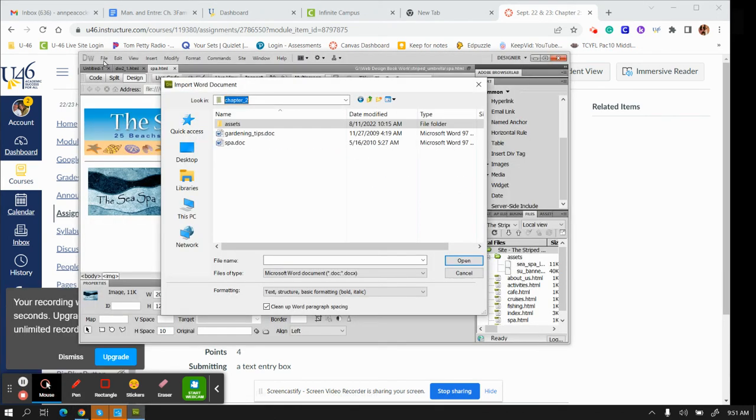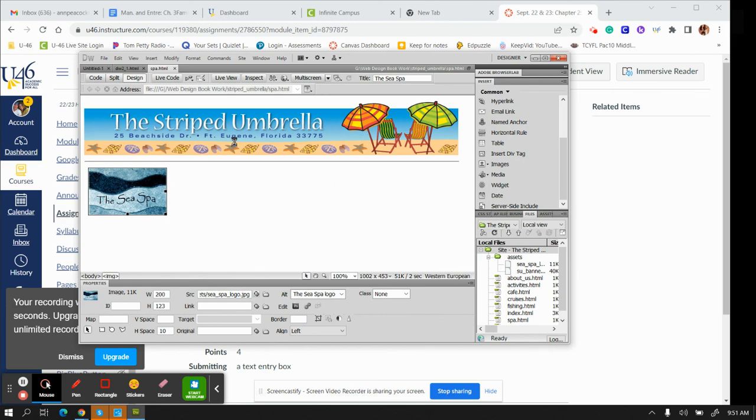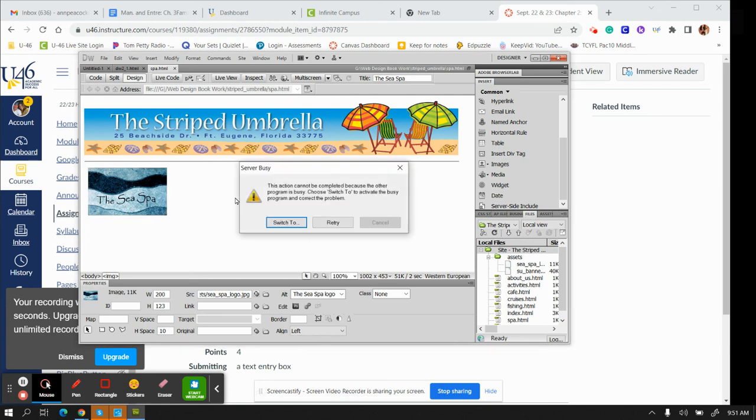Okay, so I went to File, Import, I went to Word document, then I went up into Mrs. Peacock's Student Share, Chapter 2, and what comes up is the SPA. Your data files, double click on the SPA doc. So now it might take a little bit, it is importing it. Once you are done